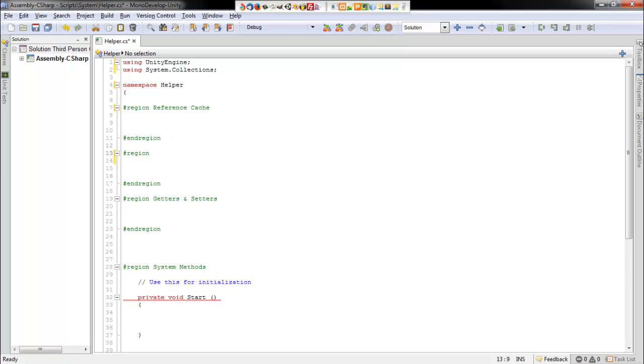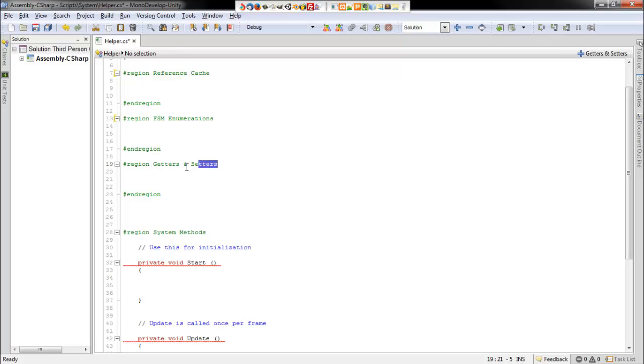Second region we'll be using is the FSM Enumerations. FSM stands for finite state machine, if you're unfamiliar with the term, and the way that we'll be constructing those is using enumerations, and so that's why I've done this in this way. And so we'll need one more. I'm going to call this object structures,